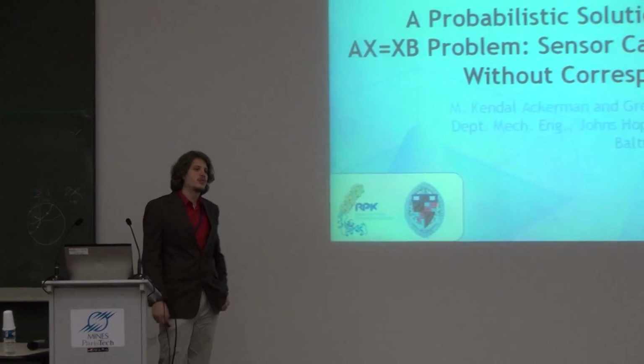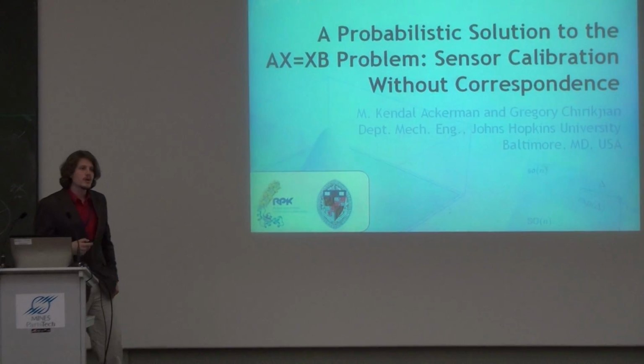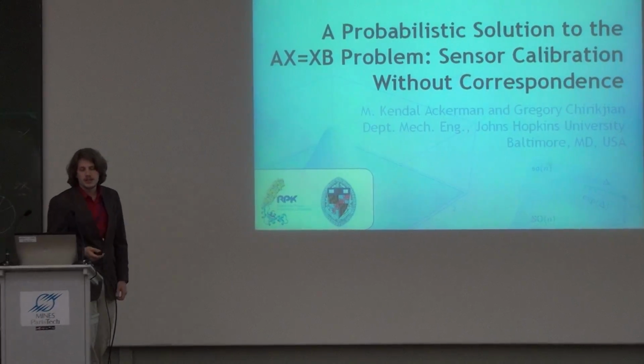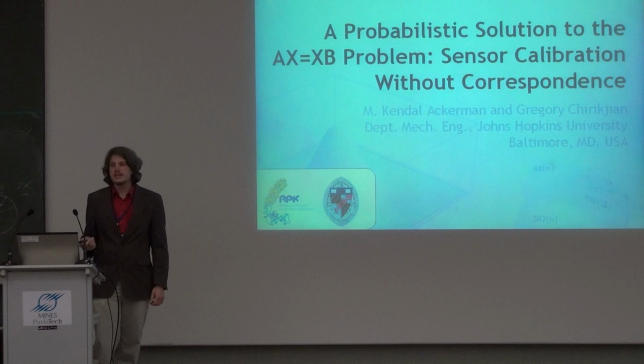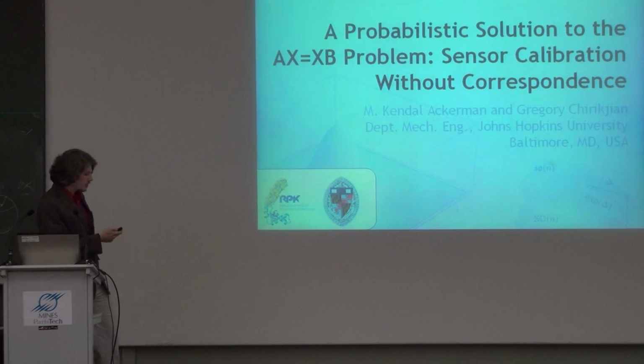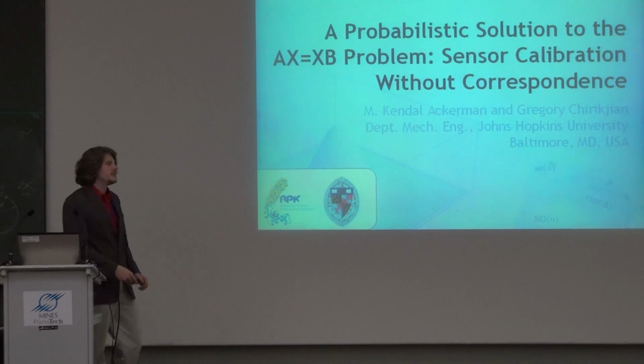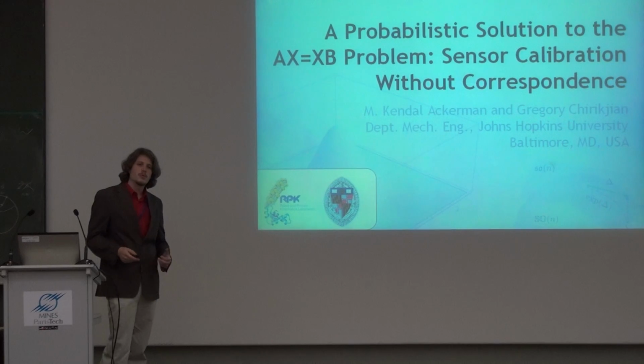Thank you, Mr. Chairman. Yes, this work is done by myself and Gregory Chirikjian, who's also here. And we're looking at the AX = XB problem, the AX = XB sensor calibration problem. And we want to leverage some theory from probability theory, especially on Lie groups, to help solve this problem. And we're most concerned with this consideration here, which you'll also get in more detail, is solving the problem without